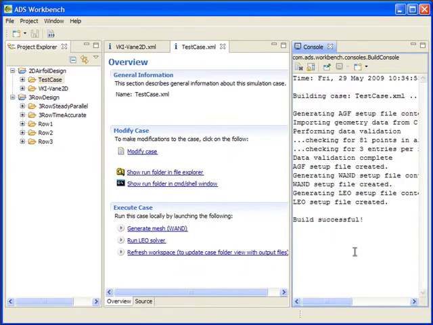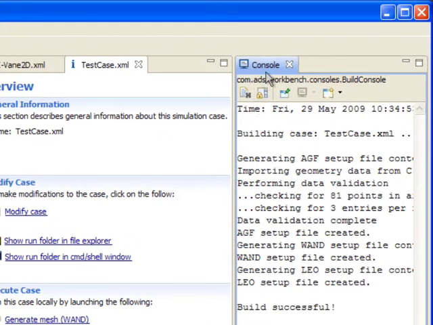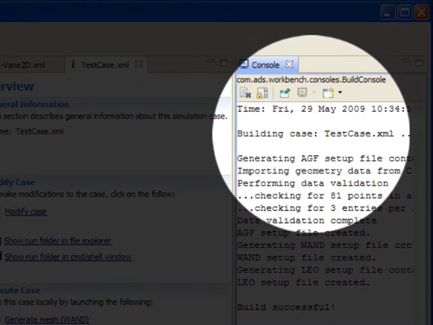build the simulation run from the information you've provided it. This brings us to the third view in the Workbench, which is the console view. The console view gives you a window to the process that the Workbench has embarked on to generate the setup files for this case. All right, you can see here that for test case.xml, it has attempted to build